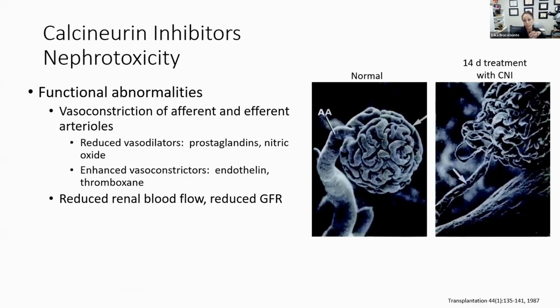So we've known for a long time that these drugs cause nephrotoxicity. We know that the functional abnormalities are associated with vasoconstriction. This is an image from a pretty old article, but I just love this image because it so beautifully shows us the vasoconstriction here of the afferent arteriole and the resulting ischemia going on within the glomerulus. We know that this is due to reduced vasodilators and enhanced vasoconstrictors, leading to reduced renal blood flow and reduced GFR. Now, often